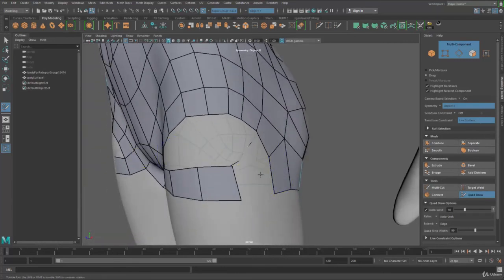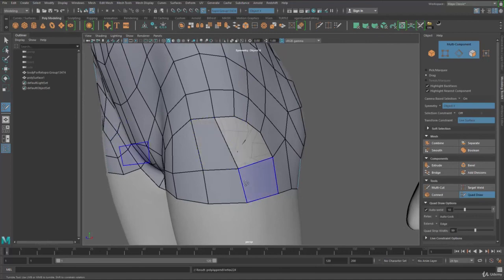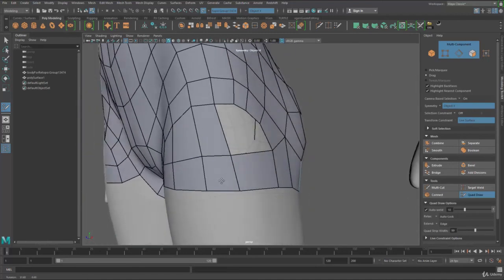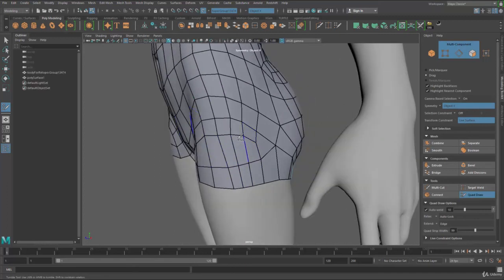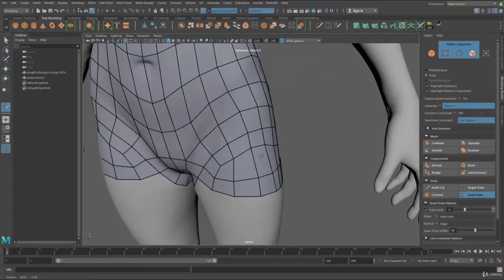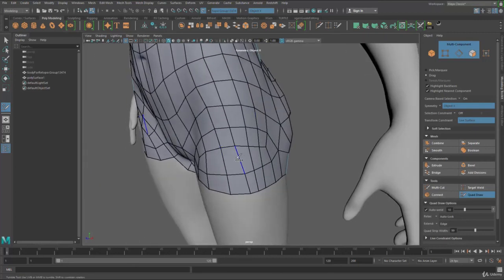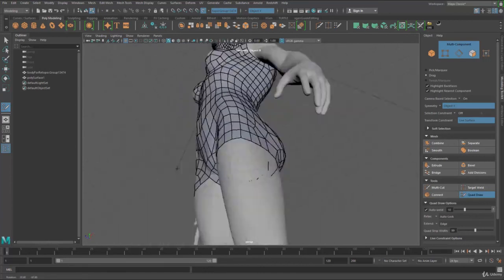I don't quite like that point over there. Okay, anyway, so let me just fill that in real quick. So I have more lines going down. Alright, so then I can smooth that out. Okay, so that's going to be the lower torso parts, and then we have a good hole now for the